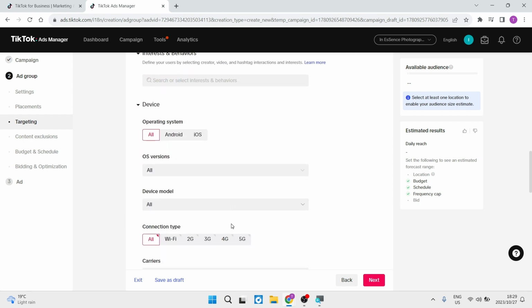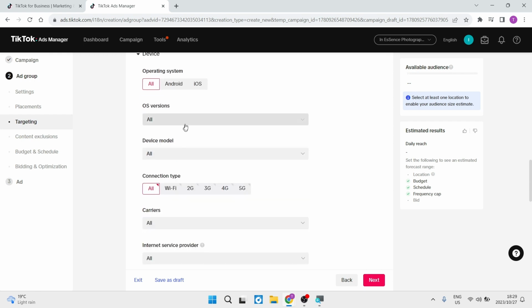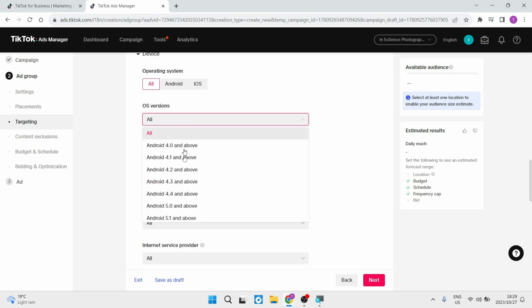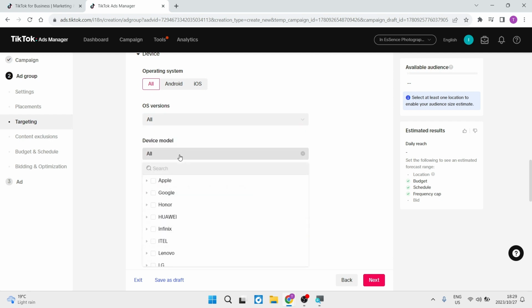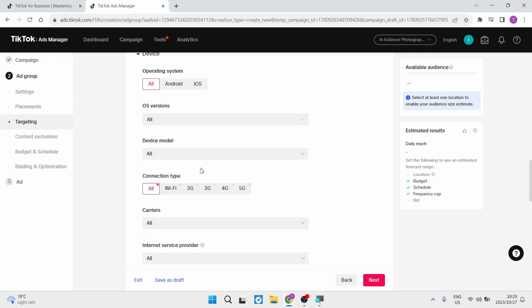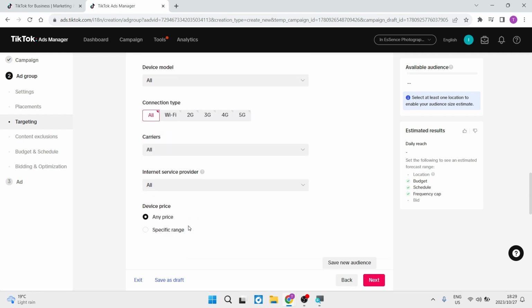Right, so right over here, this is great because you get to choose who and what it is that you are actually advertising on. So anybody that's using an iOS operating system or an Android, you can specify whether you want your ads only to go to them, and then you can just say all if you'd like. I'm going to leave that as all, and then we have the operating system version. I'm going to leave this as all as well. Also, our device model, we can choose that, and really for now I'm going to leave it at all, just for the sake of the video that I'm making right now for everyone to know how to create this ads